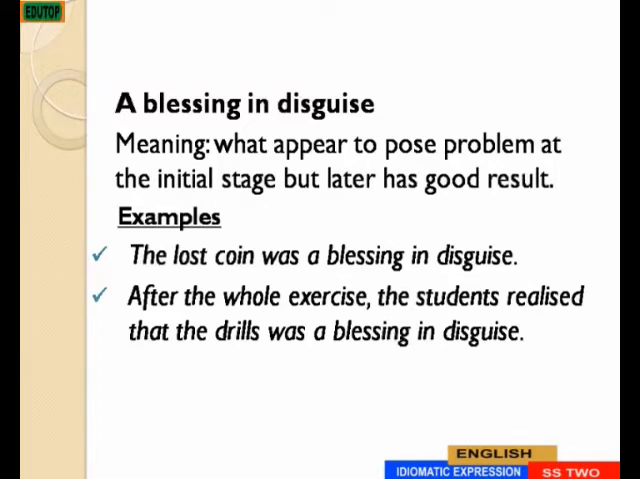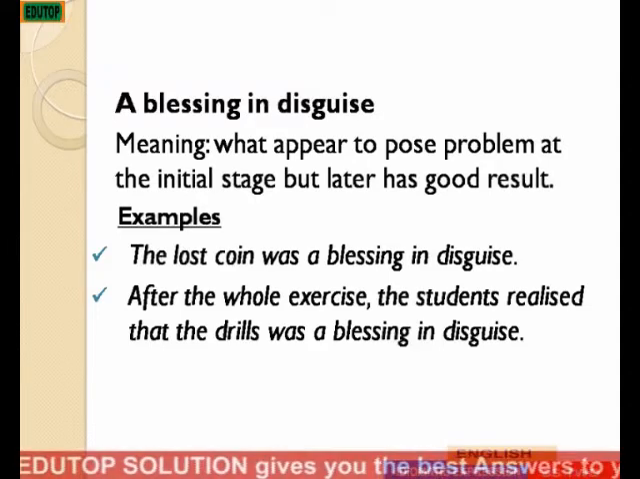Let's use it in examples, in sentences. The lost coin was a blessing in disguise. This sentence could mean that the lost coin initially posed a problem, maybe you starved because it was lost, or something else happened, maybe you were punished, but eventually when it was found, it was advantageous. So it posed a problem at the initial stage, but later it was a blessing to you, or it yielded a